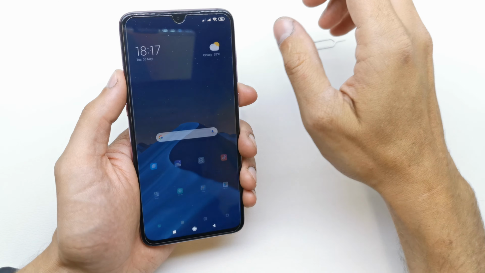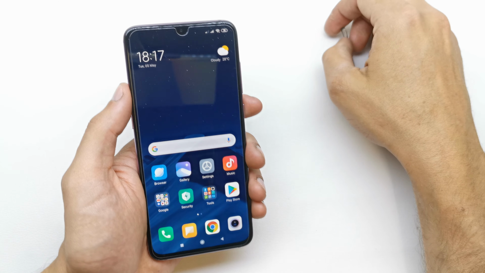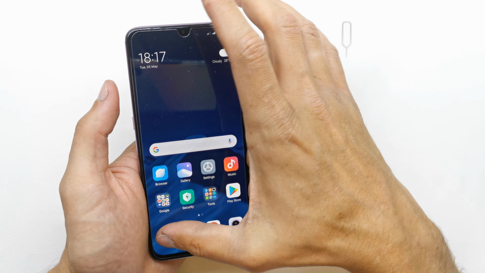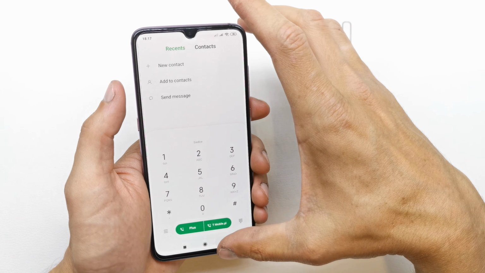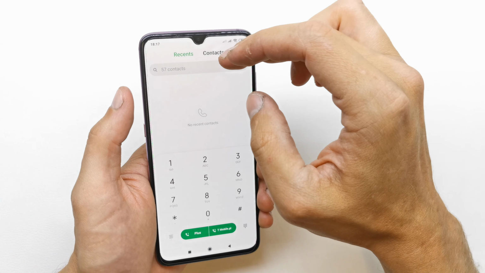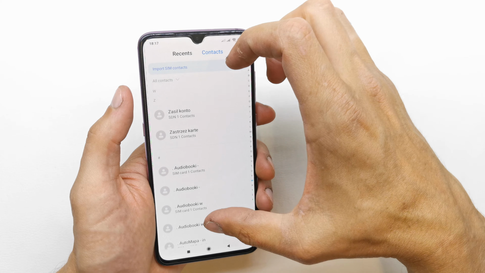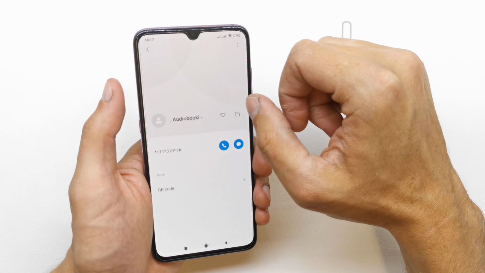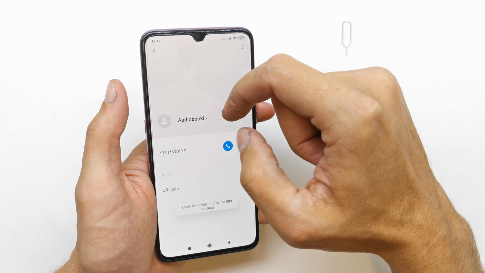Today I'm gonna show you how to add a picture to a contact on your Xiaomi Mi 9. To do this operation, go to your phone here and go to the contacts. Now choose the contact which you want, and now